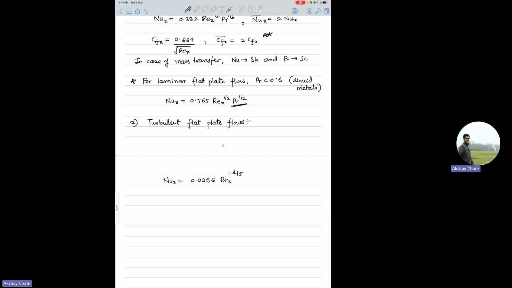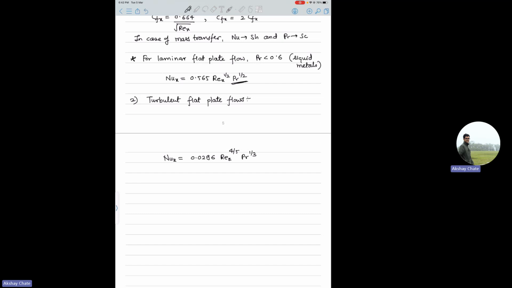Oh sorry, it's not minus, it's 4/5. And your average Nusselt number, it is not twice in this case, it's 0.037. So this is one important thing that you should remember. They become double only in case of laminar flow. In turbulent they don't,